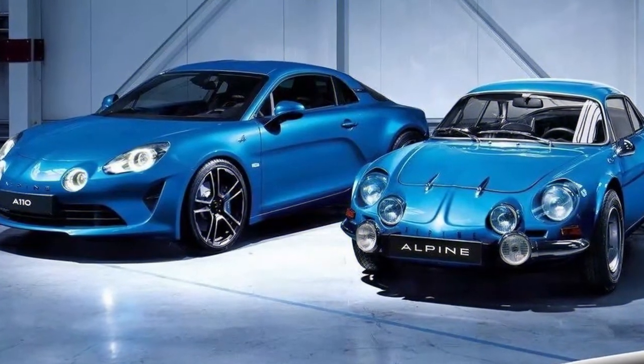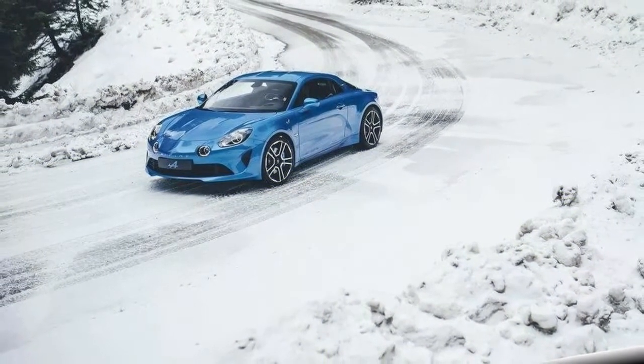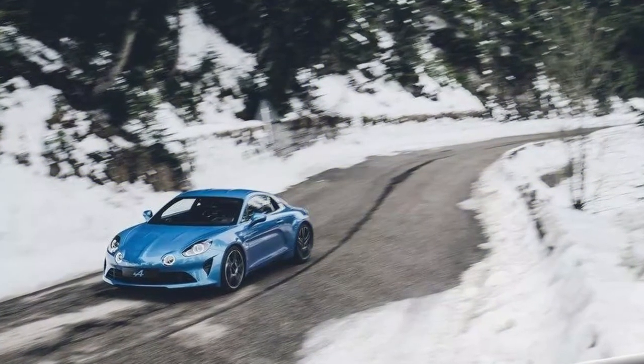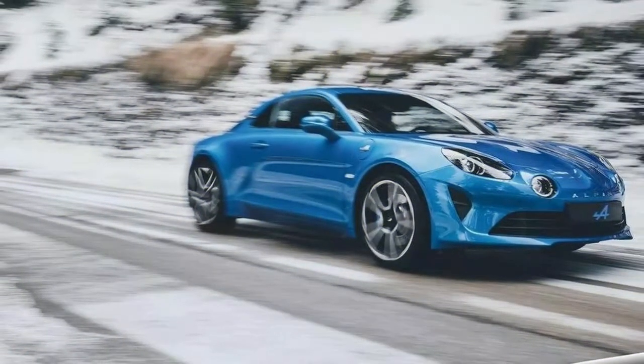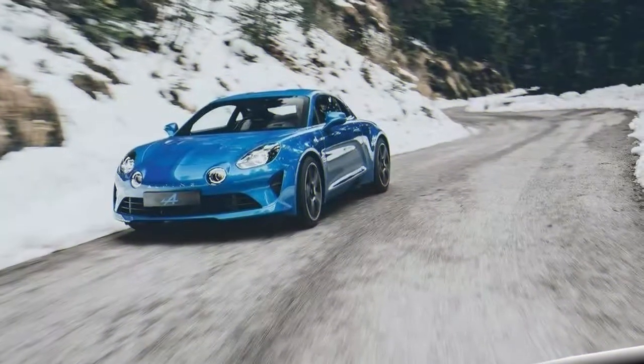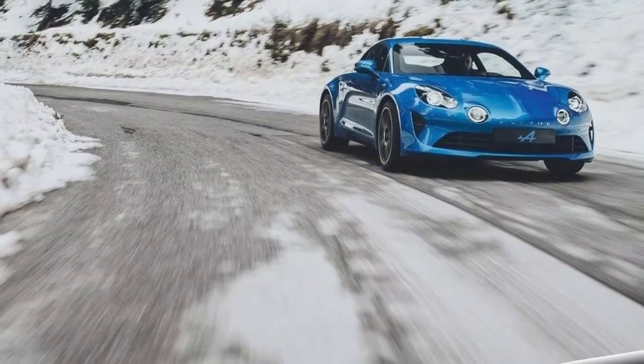Its compact size, 4,178 mm long, 1,798 mm wide and 1,252 mm high, optimal weight distribution, 44% front/56% rear, and low center of gravity are all dedicated to agility, especially on the type of winding mountain road that made Alpine's reputation back in the 1960s and